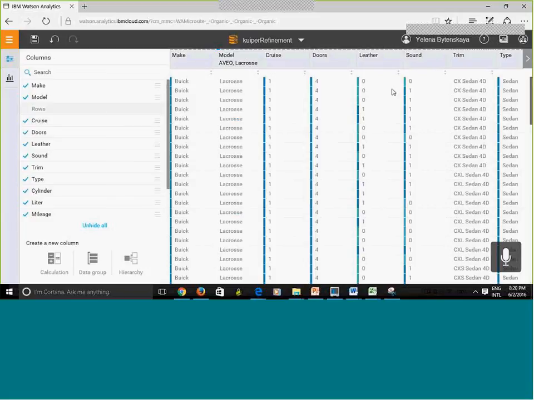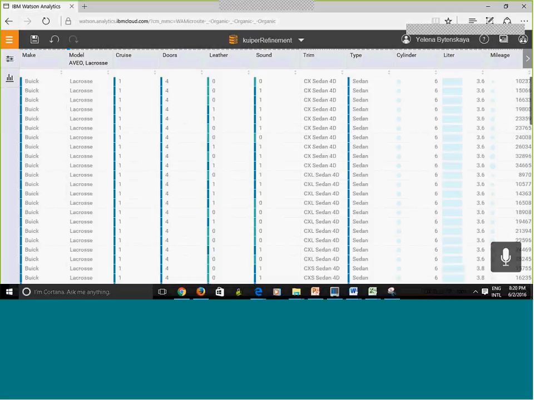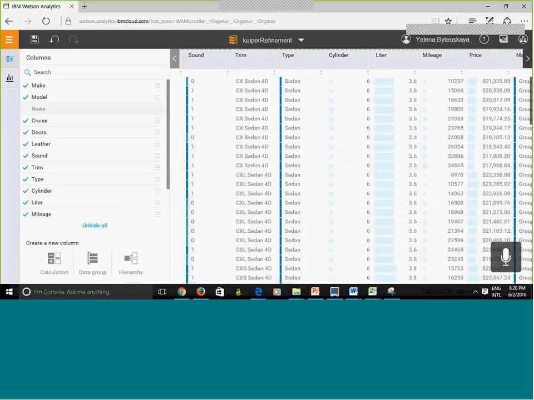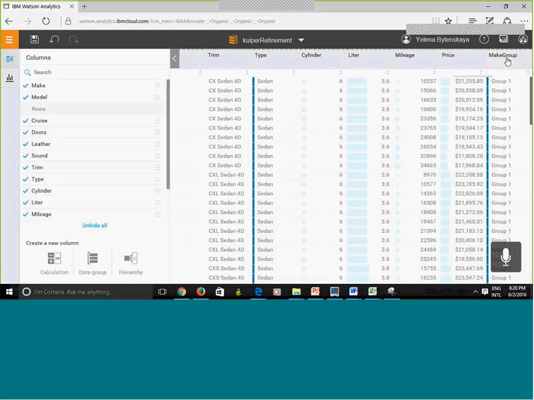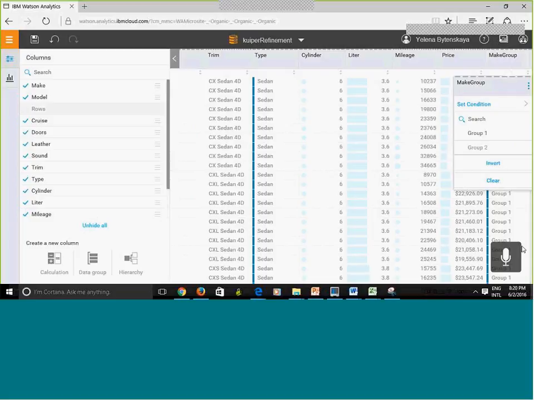It created another column. To close this menu, you click here, and now I'm going to scroll all the way to the end. Make group. And what is this? Remember, it's what we just created: group 1, group 2.